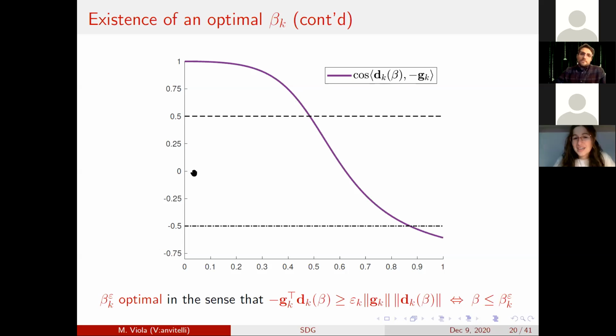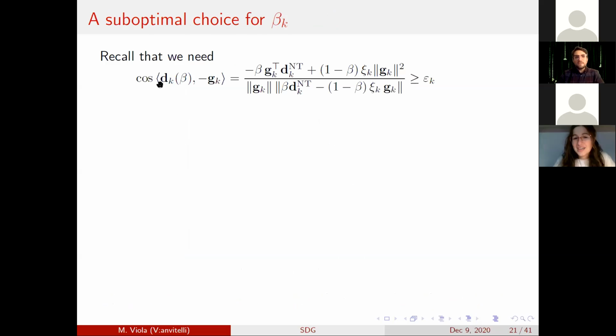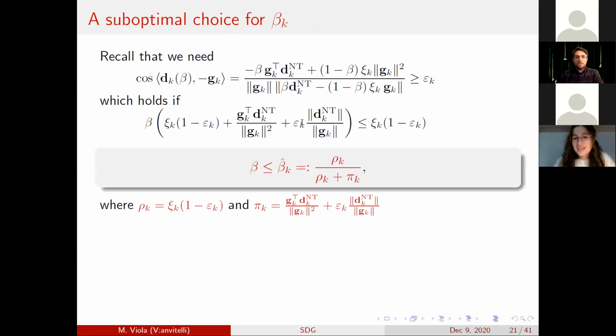our idea was to try to see if we actually need this. Suppose that your epsilon k is very small, you're going to take a direction which has angle exactly epsilon k, so it could be a bad direction as well. So maybe we can try to find a lower bound for this beta, taking some smaller value, which is reasonable enough. So if you start from the condition on the cosine, you do some computation, which I won't do now,